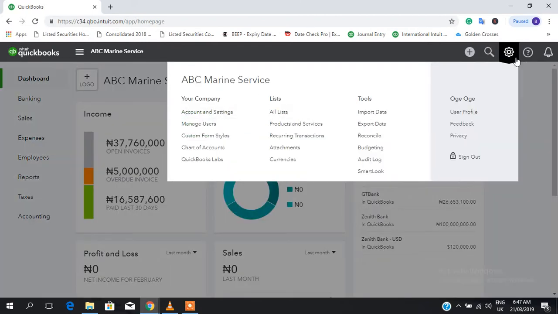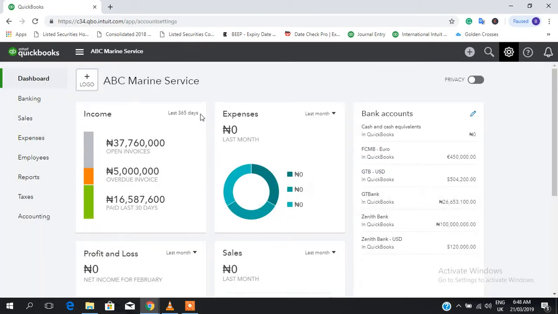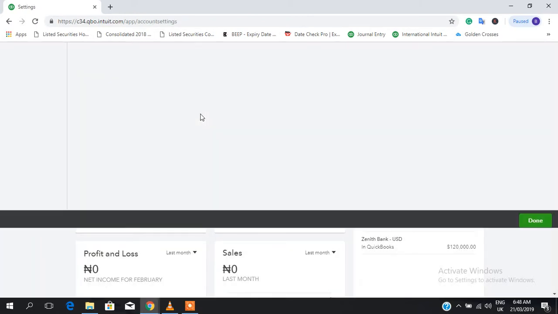To check that out, you click the gear icon, and then you select account and settings. So we want to check if our account is currently set up to do multiple currencies, and if it's not, we can then activate multiple currencies in QuickBooks